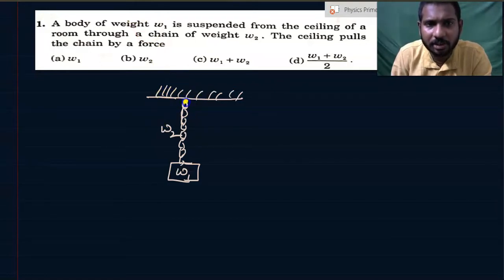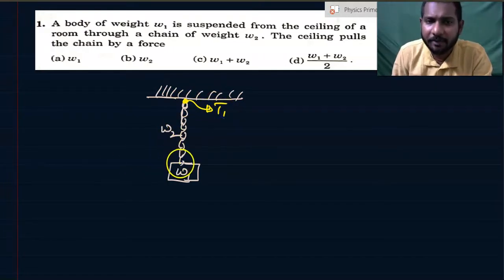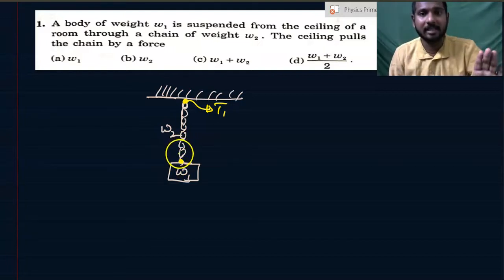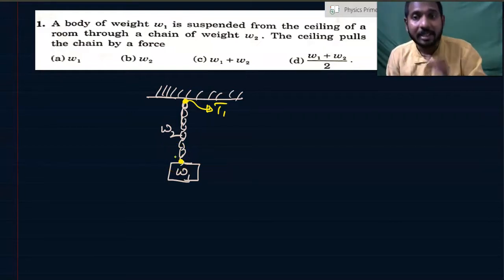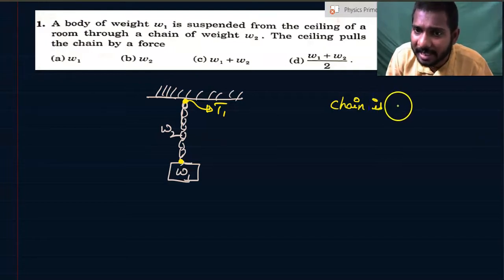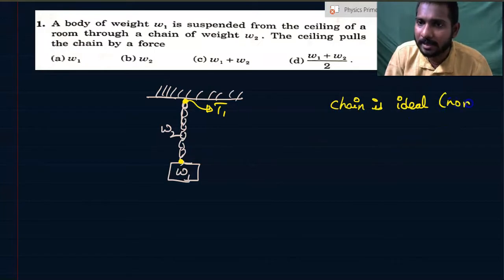Consider the tension on the chain here to be T1. There will be a different tension here, because if the chain is massless, not having any mass, then the chain will not have any weight. It's an interesting observation to be noted here. If the chain is ideal, massless or inextensible,